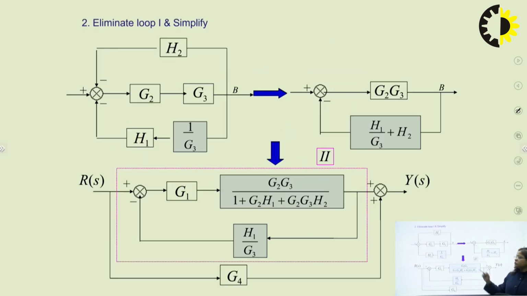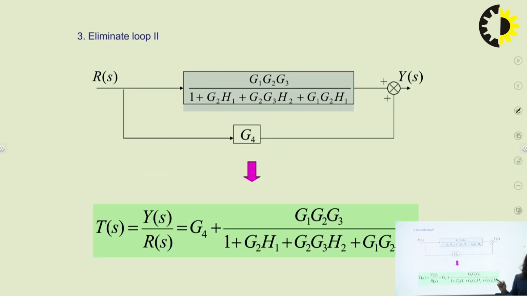So as shown here, G2, G3, H2, and then there is a feedback H1 by G3. To solve this overall G2, G3, then feedback can be added. These two branches are in parallel. So H1 by G3 plus H2, and we can solve this whole block to get this, which is in cascade with G1. So G1 into G2, then the feedback H1 by G3, and then this whole block is in parallel with G4. So plus G4. So this is the overall transfer function of BDR method.